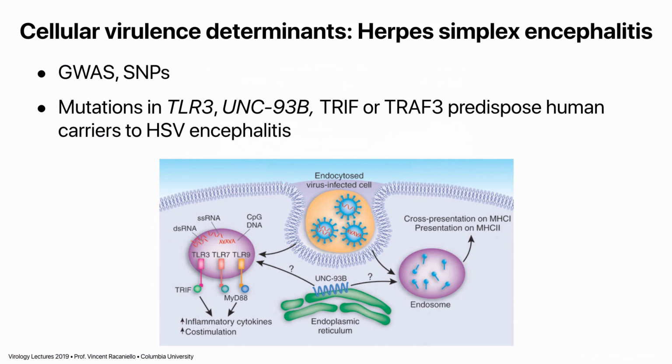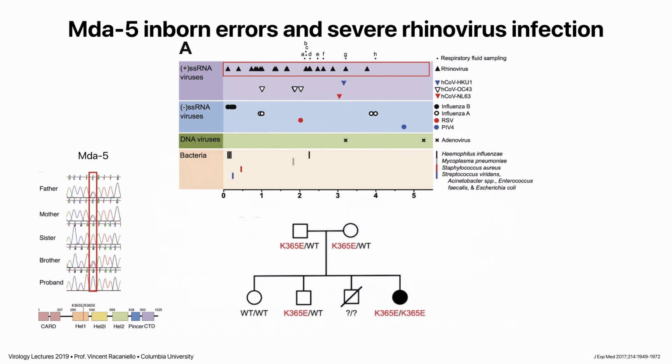what you can do is put the mutations in, say, TLR3 in cell culture and show that herpes viruses replicate better. Often we take fibroblasts or epithelial cells from these individuals, put them in culture, show that the virus grows well, and then add back the wild type gene and show that it reduces viral replication. You could do an amazing number of things to pinpoint what's going on. So that's one example. I want to give you one more, a more recent one, where, and this is a